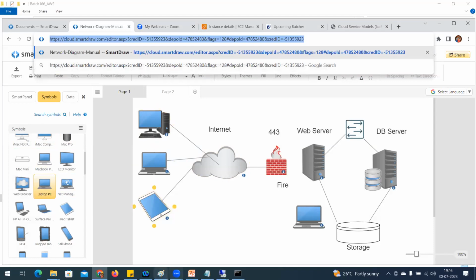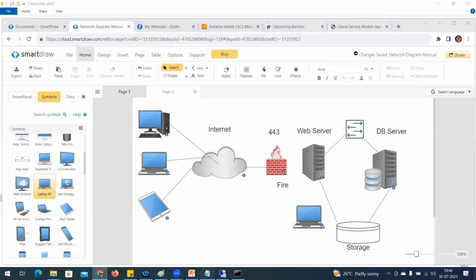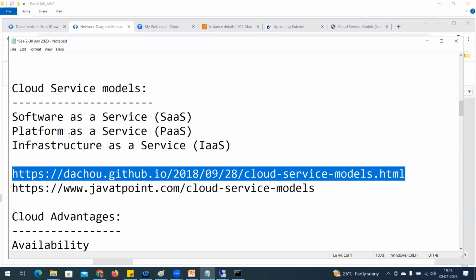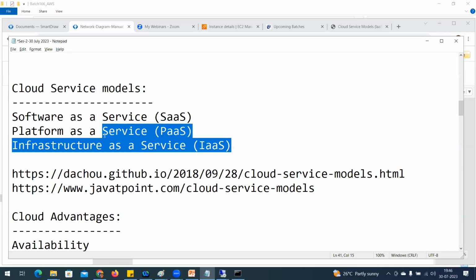Okay, so coming back to this topic, that is the basic cloud models. All the services we are going to talk about, like EC2, what service does EC2 come under? Like that, RDS, different services we defined, the important services we are going to discuss.